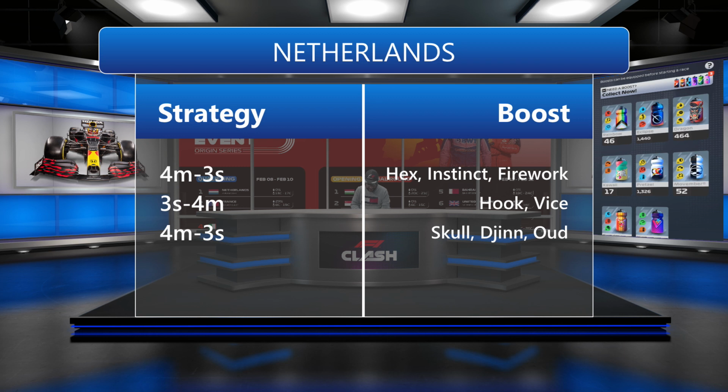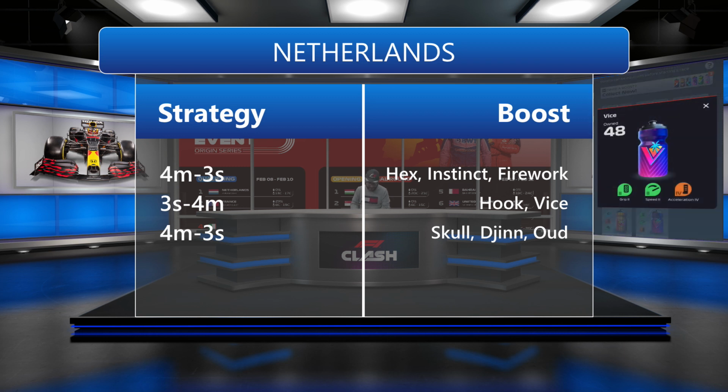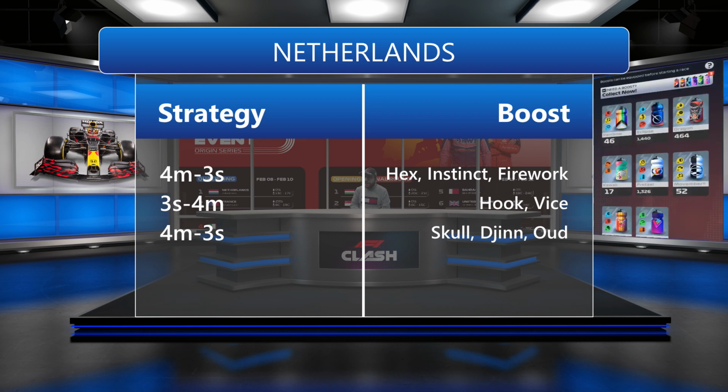If we use Vice, then again we have acceleration, more acceleration. We have a little bit of speed and a little bit of grip, so it's a mix of strategies. A little bit of, I'm going with the third choice. As you can see, we have chosen Skalzin and Oud, and a little bit of Hook because of the acceleration, and of course speed. It's a little bit a mix of all of these strategies, I would probably go with Hook